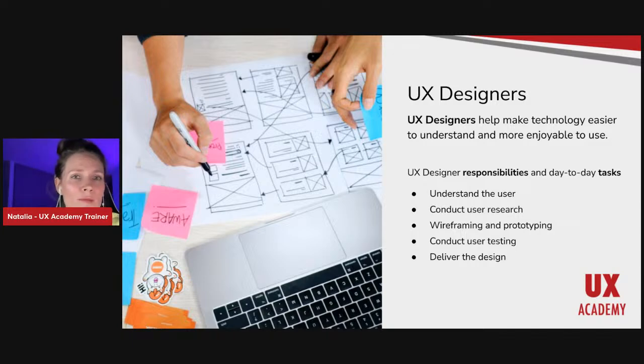And then I work a lot with wireframing and prototyping. So what is wireframing? As you see now on the screen in that image, someone is sketching on paper with a pencil, and those are sketches, right?